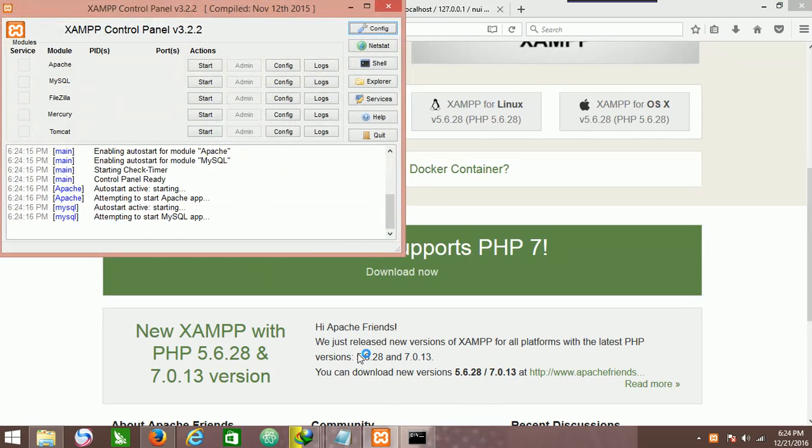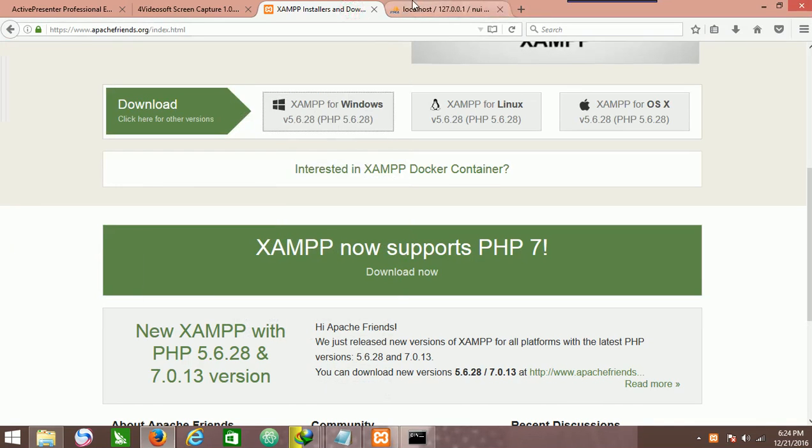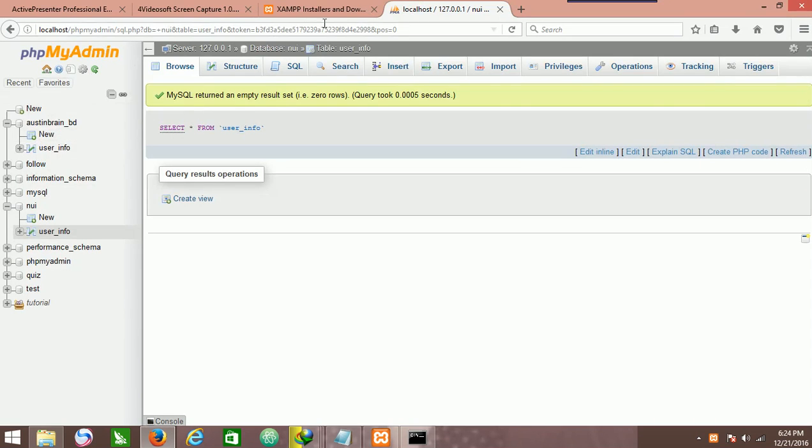Now, if you close it, I just want to show you, you don't need to close the control panel. You can easily just start it manually, but I just want to show you that it's automatically starting. So once that is running,